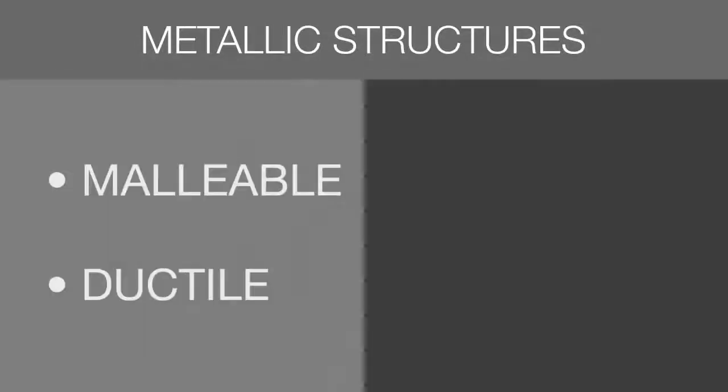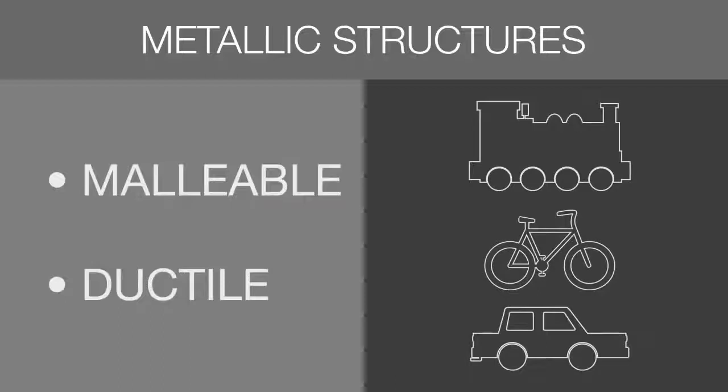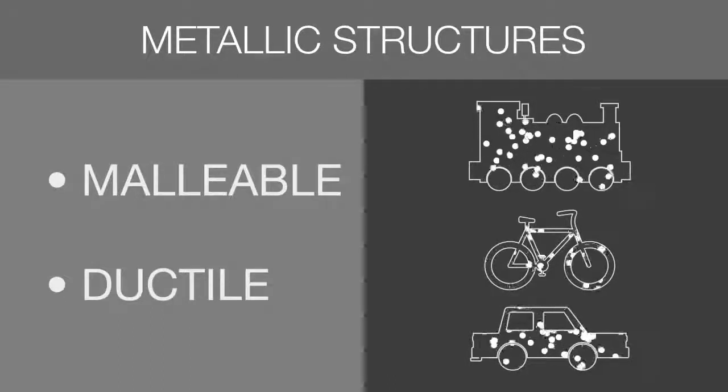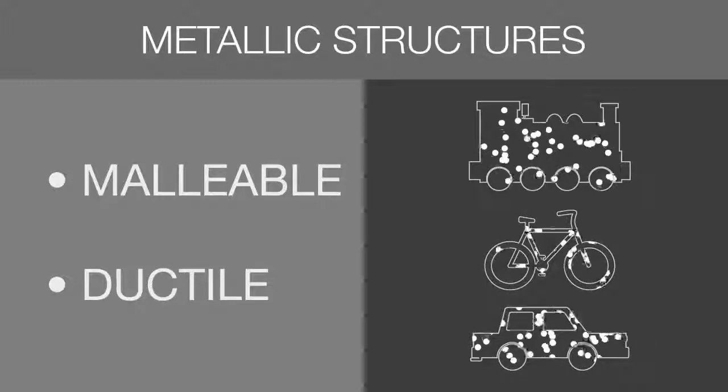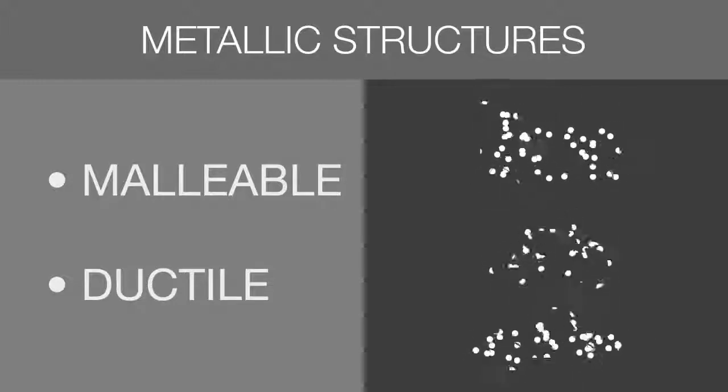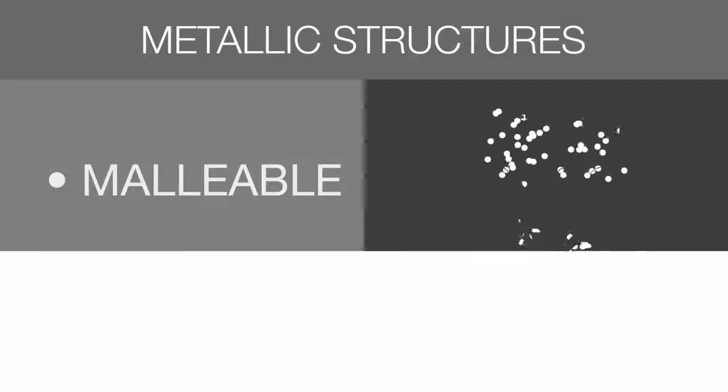Metals are malleable and ductile because no matter what shape the metal takes, the free-floating electrons will conform to that shape. The strong electrostatic attraction will remain, and therefore the structure stays intact. Let's think about it. Cars and bicycles, trains, planes, buildings, cutlery, spectacles, furniture, and endless items can be made from